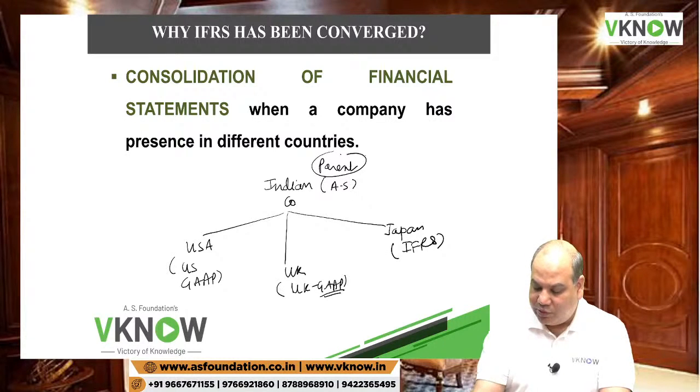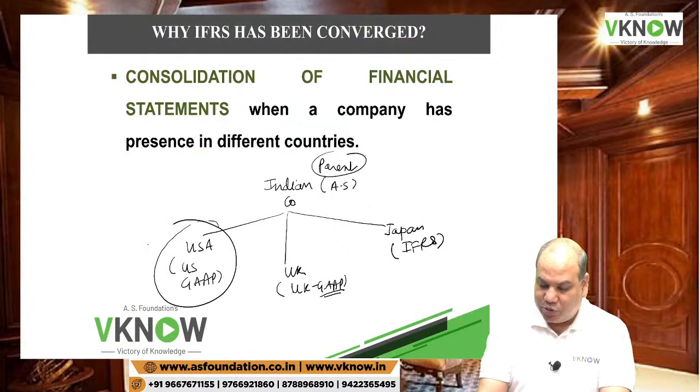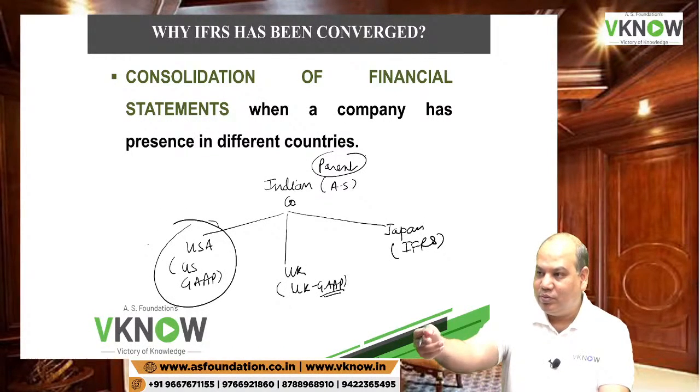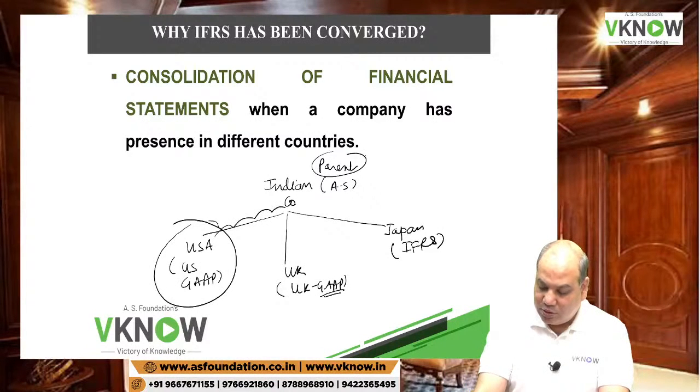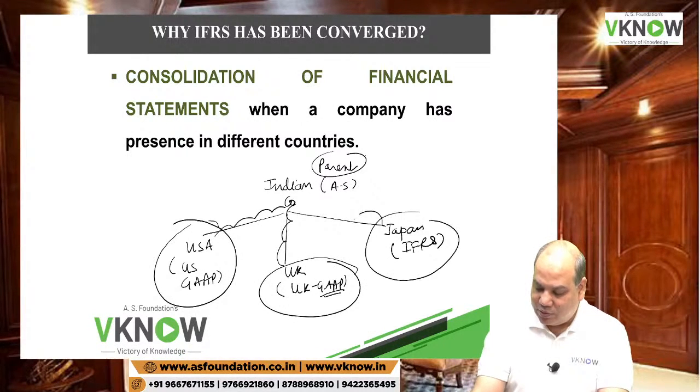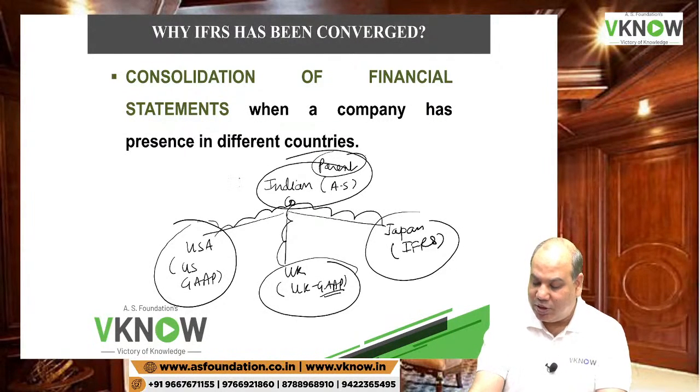As per the Companies Act, you have to do consolidation. So what will you do? Ask the subsidiary to send the balance sheet which is in US GAAP, convert into AS. Ask this company to send the balance sheet, convert into AS, convert into AS. And this exercise you have to do quarterly because it's a listed company. The Indian company is a listed entity. So how many times will they have to do this whole exercise? Four times quarterly, and annually also, so 5 times.